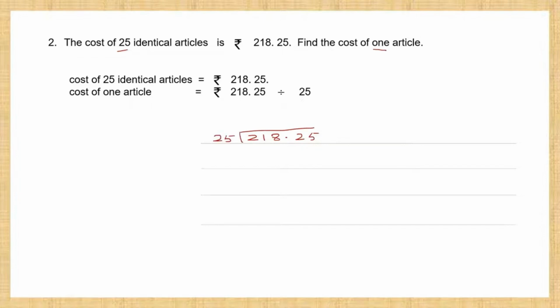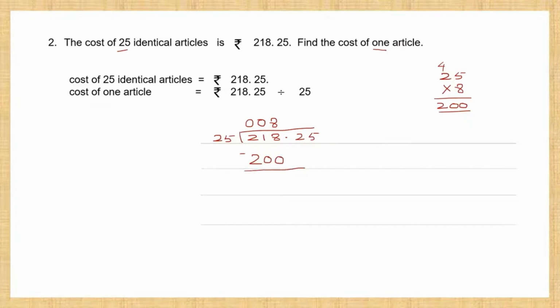2 is smaller than 25, so I put a 0 and I take the next digit. It becomes 21, which is also smaller than 25. So I put another 0 and I take the third digit. Now it is 218. Let me write the tables of 25 and get a number close to 218. 25 into 8. Let's try that. 8 fives are 40. I carry 4. 8 twos are 16 plus 4, 20. So I've got 200. Let me write that. 25 into 8 is 200